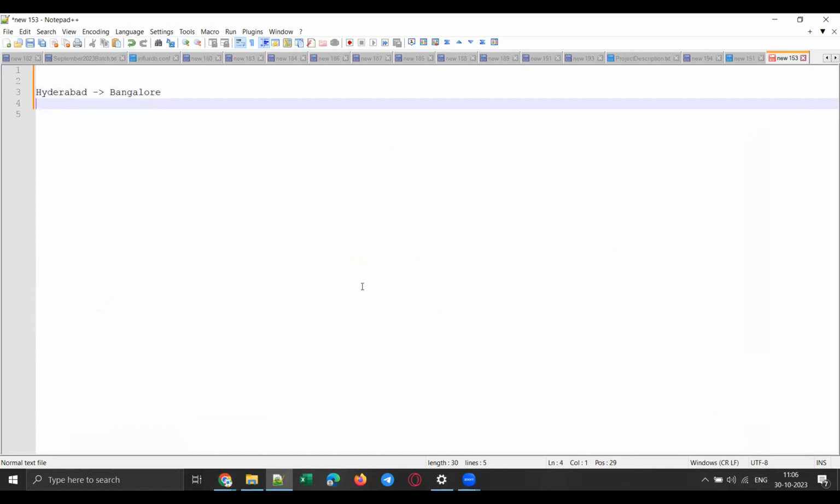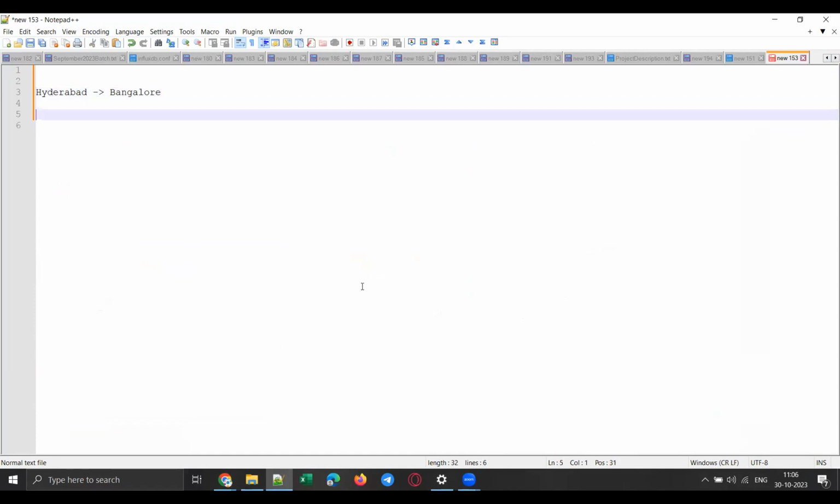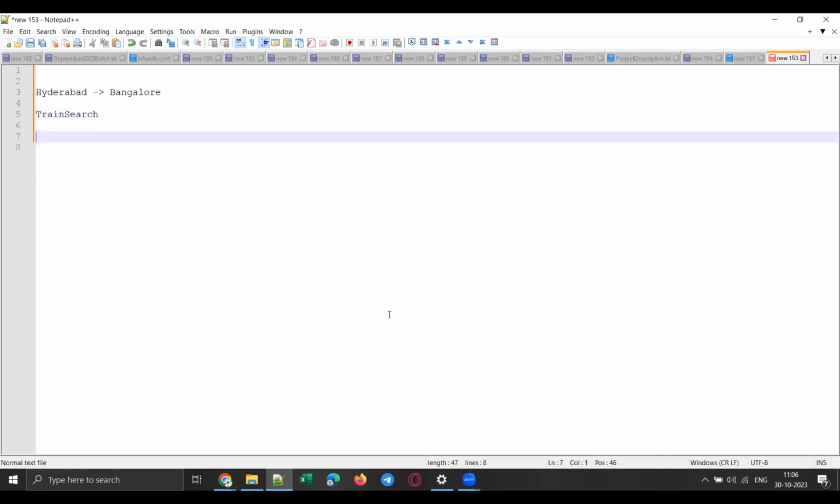Now, let's assume that it is a Java application. Mostly it will be a Java application only. In that Java application, there will be some Java class, some code to do that train search. Let's say there is a Java class for train search. Inside that class, there will be some query like this: select star